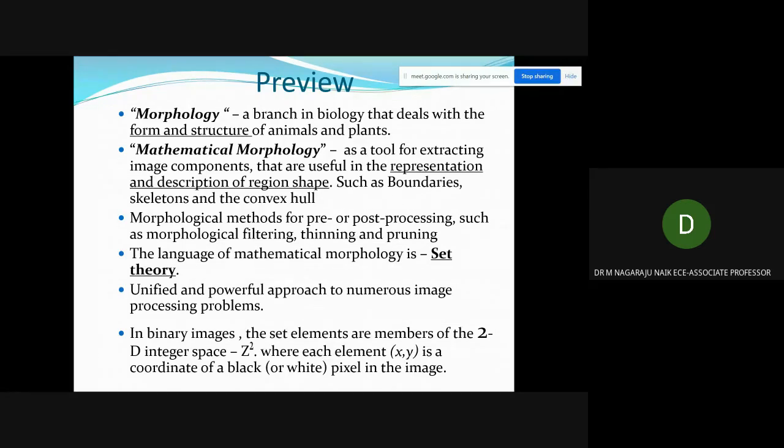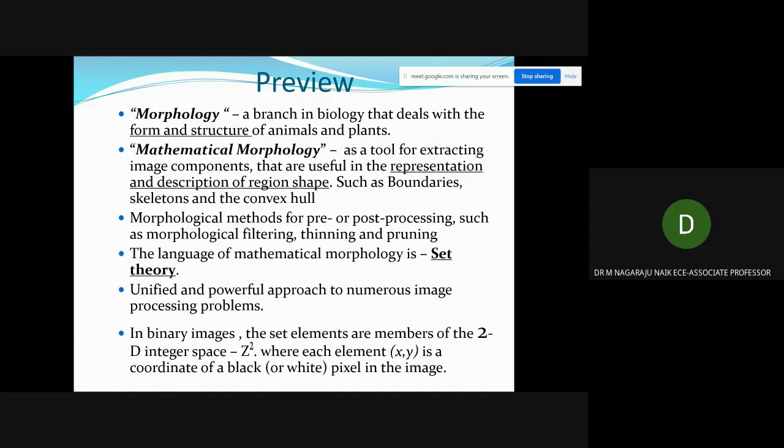Morphological methods are also useful for pre or post processing, such as morphological filtering techniques, thinning or pruning. So this is the pre or post processing.